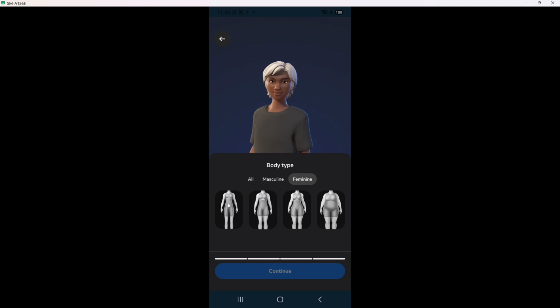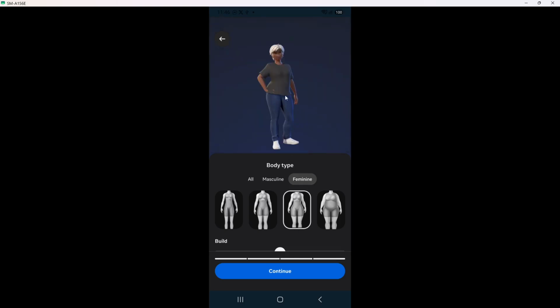With the face set, choose your skin tone. This tab shows a gradient of tones from lighter to darker. Tap one and your avatar instantly updates. Matching your real tone can help friends recognize you more easily, but you can also pick any tone you prefer for fun. Now select your clothes.